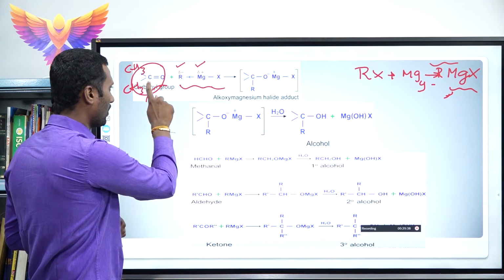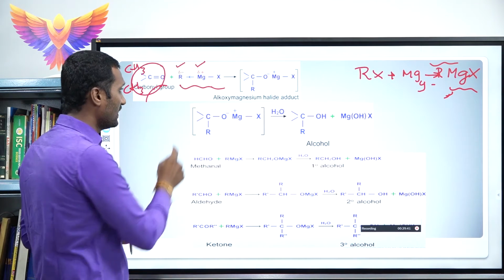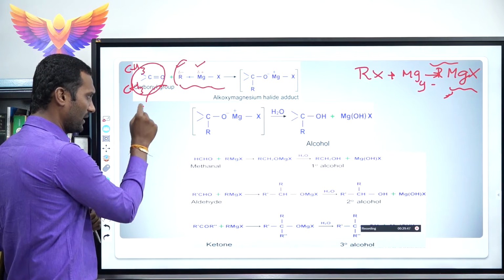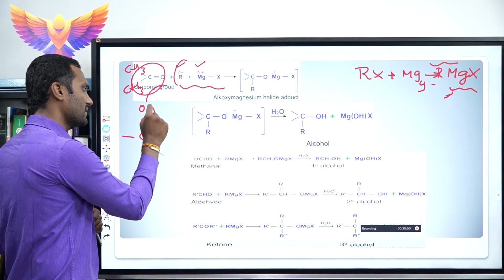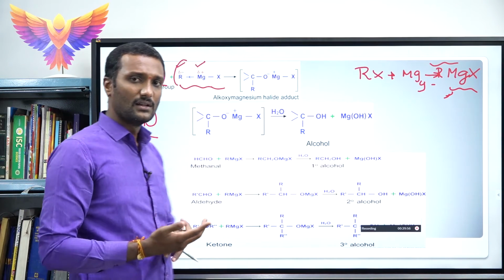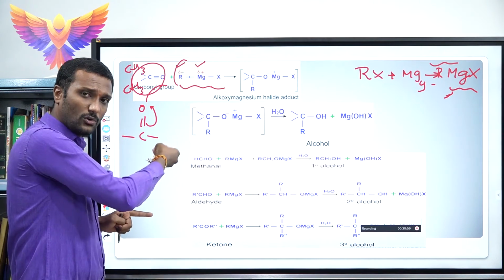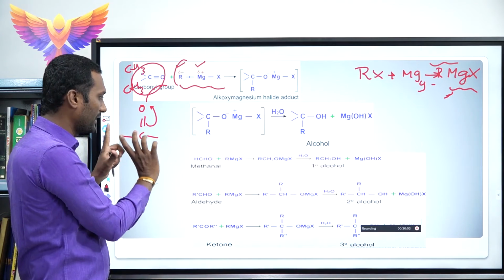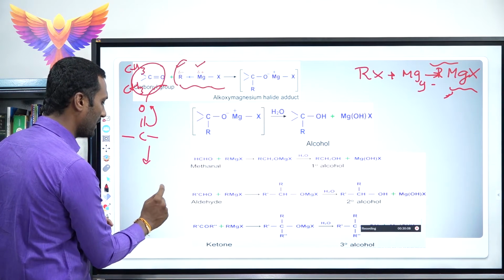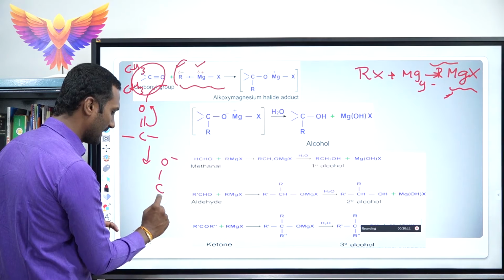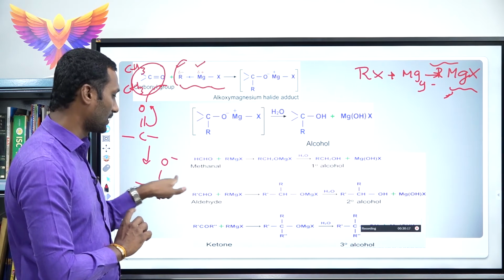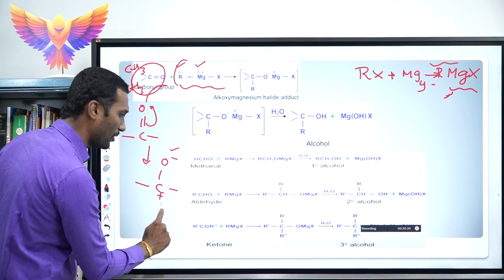Now when this carbonyl group reacts with a Grignard reagent, before that we have a carbonyl group. It undergoes resonance because it is neutral. When a nucleophile reacts with the carbonyl group, the resonance structure will form. So what is the resonance structure for this carbonyl group? Yes, we have a single bond, O negative charge, and here a positive charge. This is the resonance structure or the dipolar nature of the carbonyl group, because we have a negative charge and a positive charge.